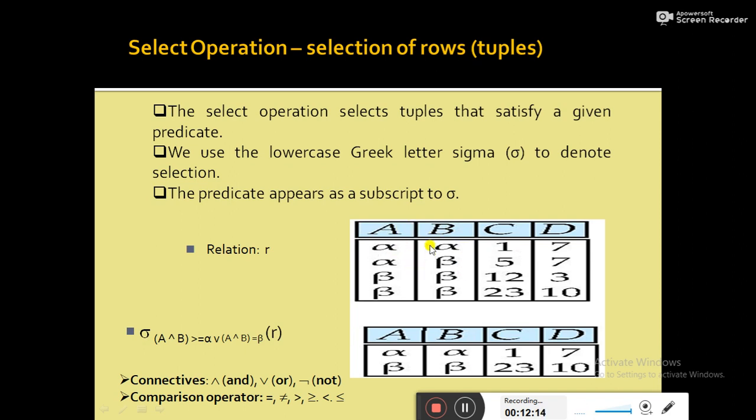That means this one and this one should be selected. So how to select or fetch only that data based on the condition? With the help of the select operation. The select operation selects tuples or records that satisfy a given predicate. Predicate means condition. So the select operation selects only those tuples among multiple tuples from a relation that satisfy a